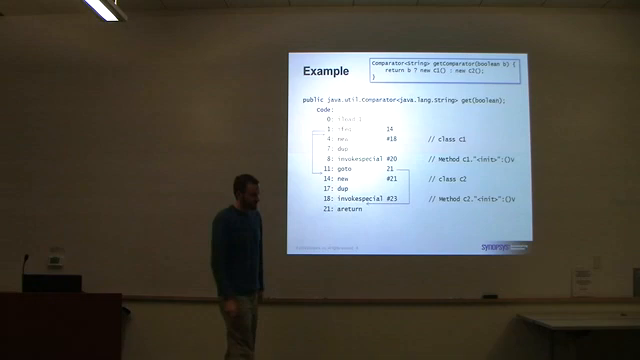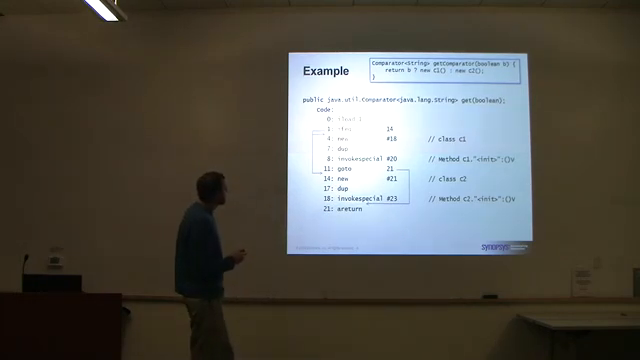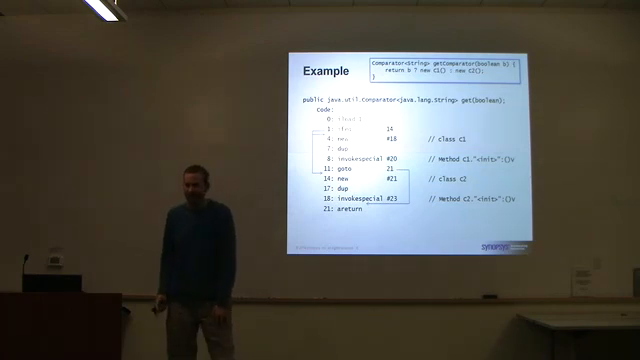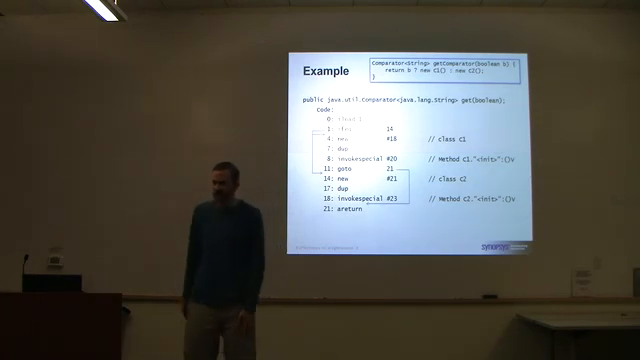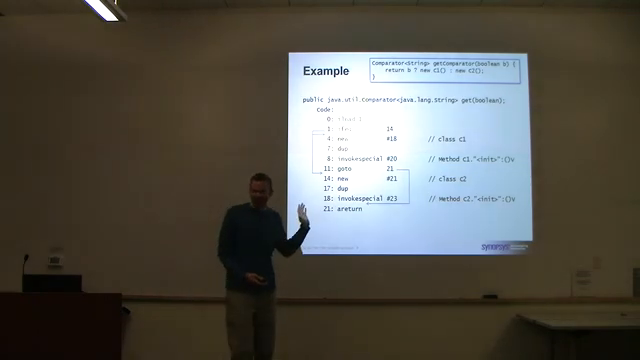So here's a little example of some Java bytecode. I have some source code here up at the top. It just takes a Boolean and does a little if. If the Boolean is true, then it returns a new C1. Otherwise, it returns a new C2. And if you aren't very familiar with Java bytecode, I'll try to